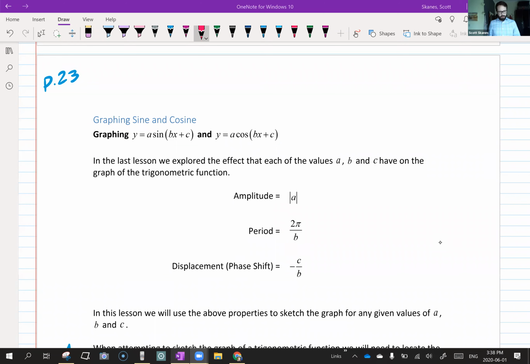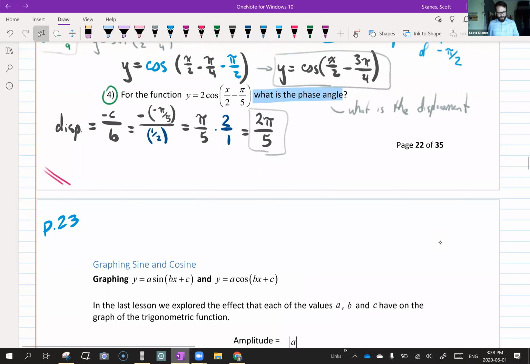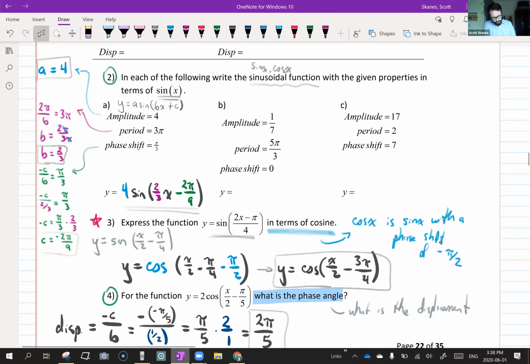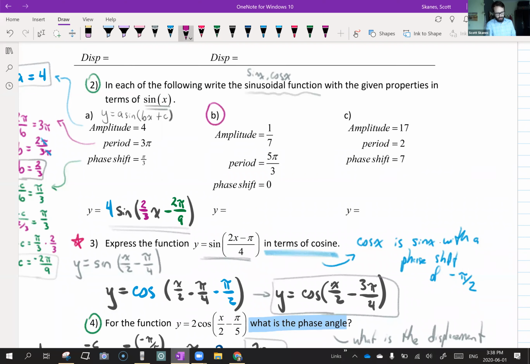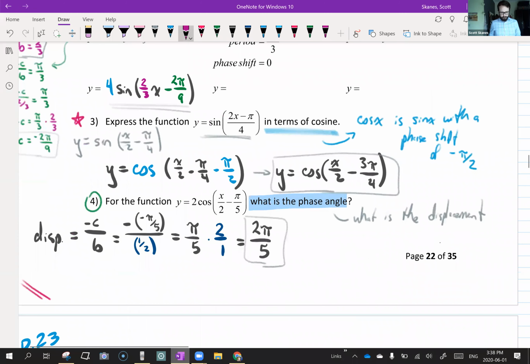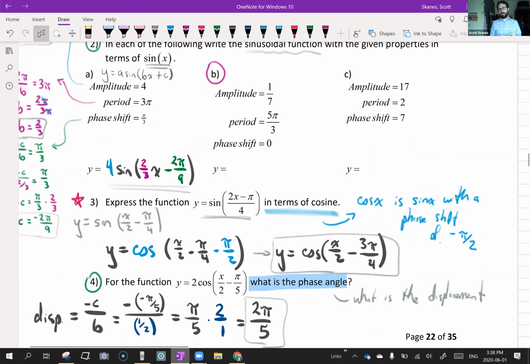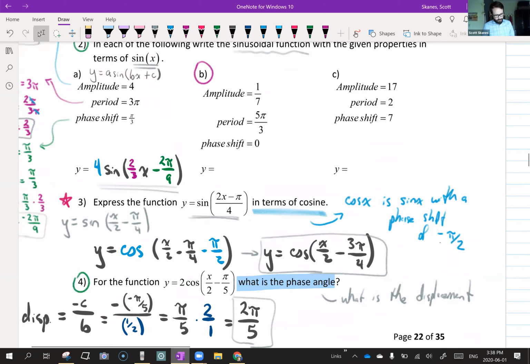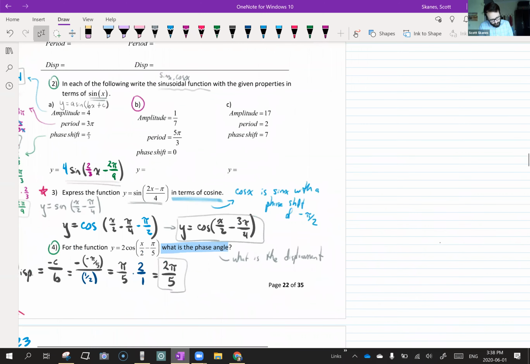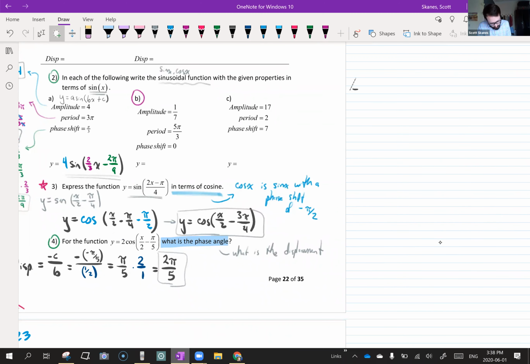Okay, so I'm going to briefly go back in time a little bit, and I'm just going to do question 2B on page 22, because I want to just recap the fundamental pieces of this unit, at least the stuff I didn't skip. So you should all know I skipped a huge chunk of this, like every page up until page 15 was skipped. So hopefully you didn't worry about that stuff. I'm just going to rewrite this question,